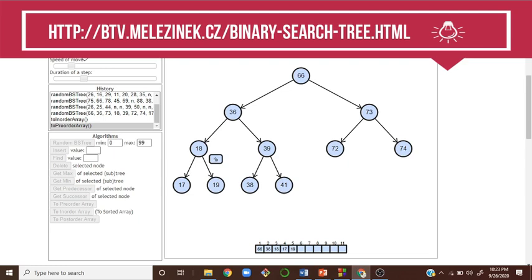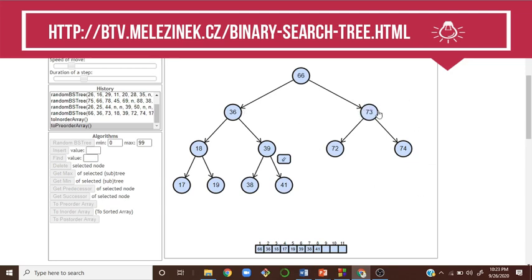Look, we don't have anything to continue. It comes back, comes to 36, comes to 39. 39 will be printed, and leftmost node 38 will be printed, and comes back to 39, and comes to the right side, 41 will be printed. So all this left side is over. Now it goes to the right side.